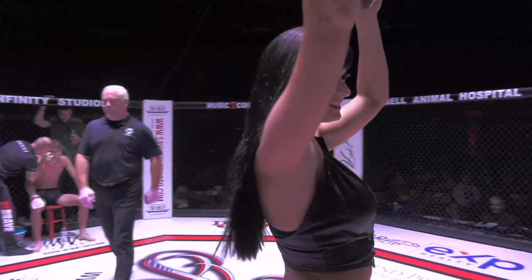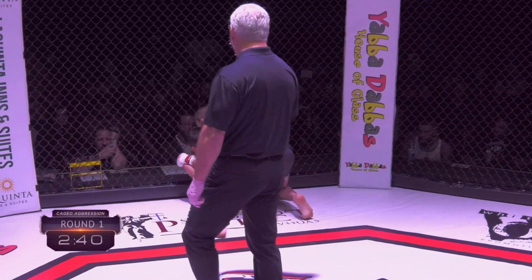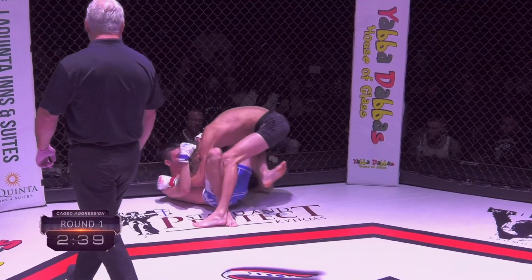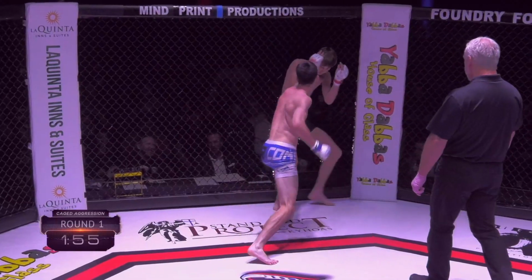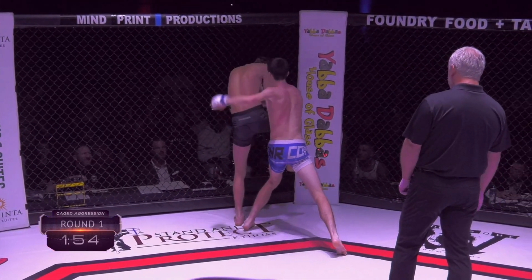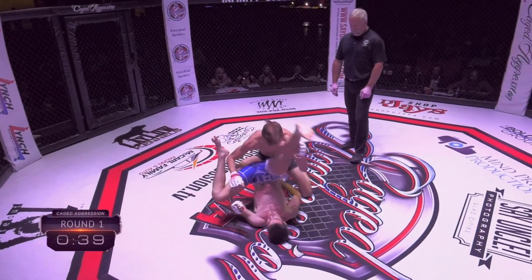As we have come to the end of the very first round, of the very first scrap of the night. Clay Larsen, Bryce Williams, night number 2, Caged Aggression, No Limits. And our very first lovely cage girl in the ring. That's always good times. Very easy to look at. Yes, Clay Larsen still just up a smidgen,